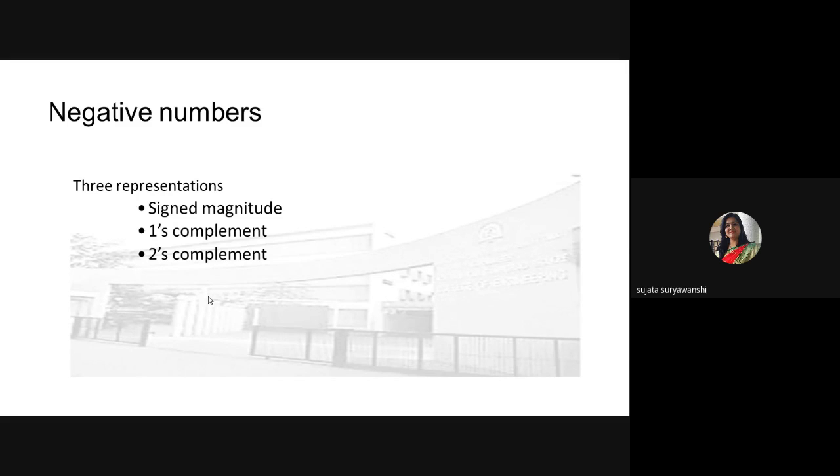So 1 is reserved for a negative number and the remaining 3 bits are 1, 1, 1. What is the magnitude of 1, 1, 1? The decimal equivalent of 111 is equal to 7. So 4 times 1 can be represented by minus 7 in the sign magnitude format. Understood?